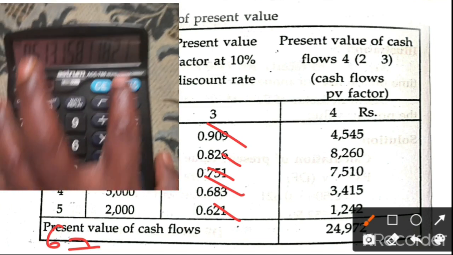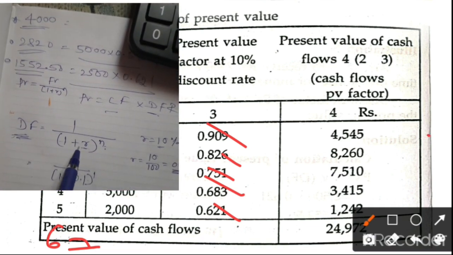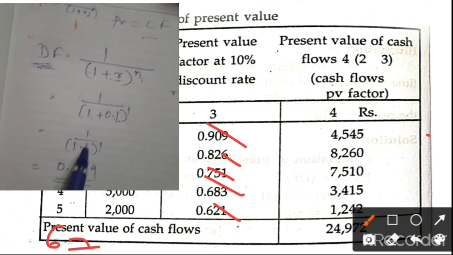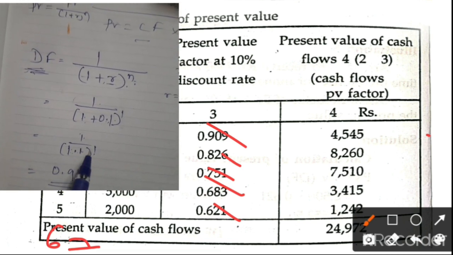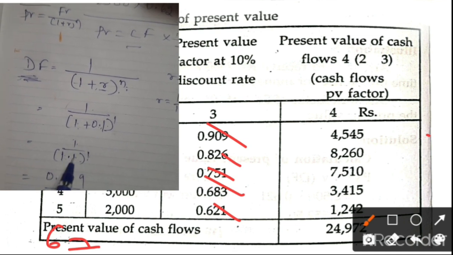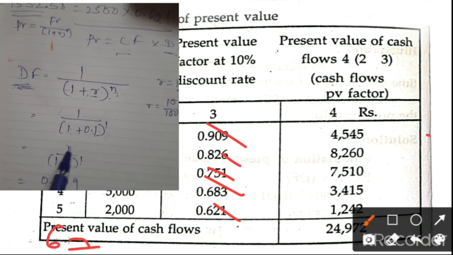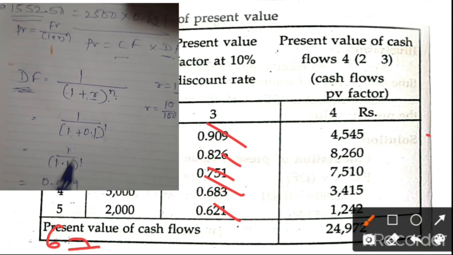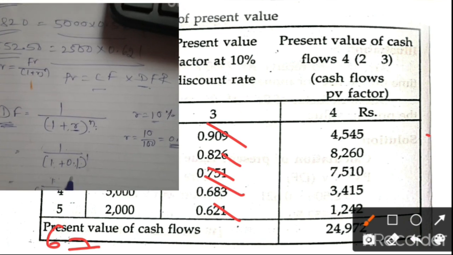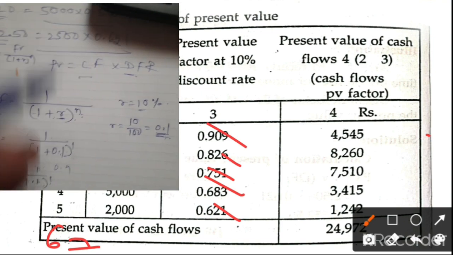Once again I will show you, very simple. The formula is 1 divided by 1 plus r. R means 0.10, so after simplification it becomes 1 divided by 1.1. The power of 1 is not a separate step, you just put the equal sign. The 1 in the numerator and the 1 in the denominator are always constant, and only the rate of return changes. If they give 9%, then we take 0.09. Is it clear? We just simplify that.